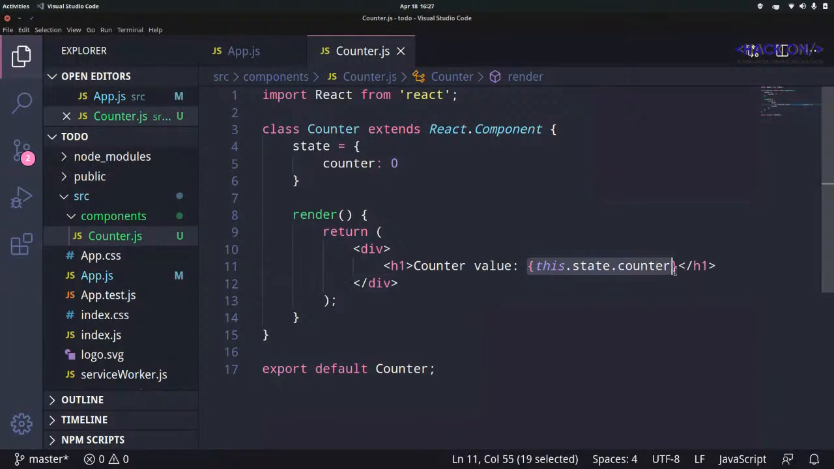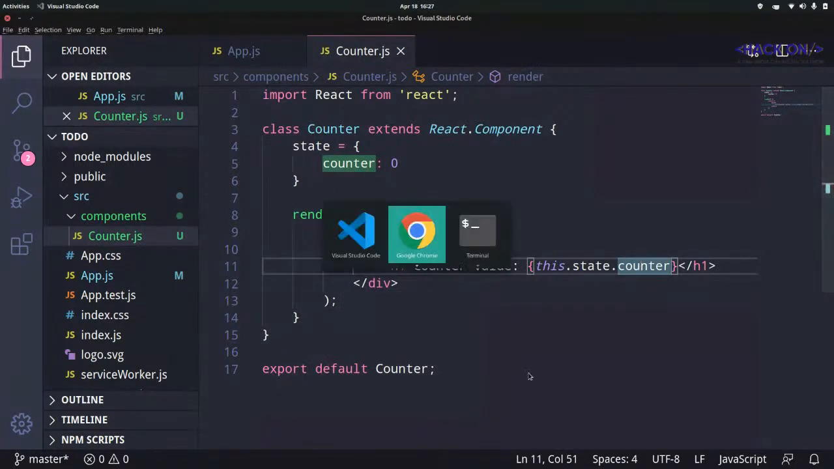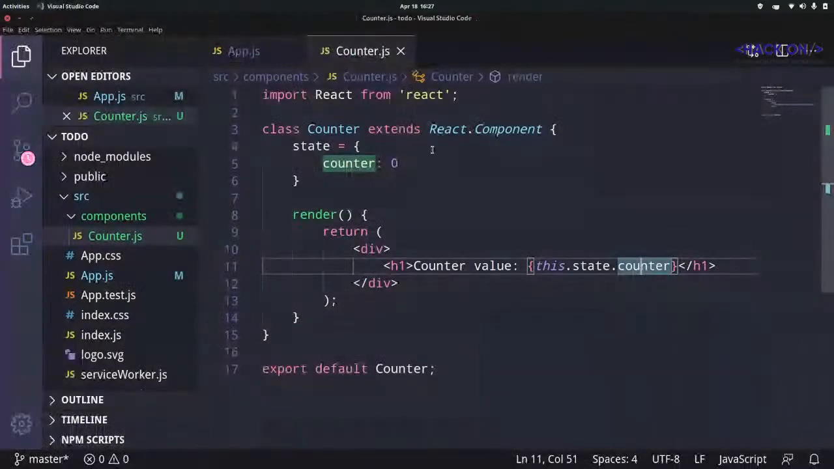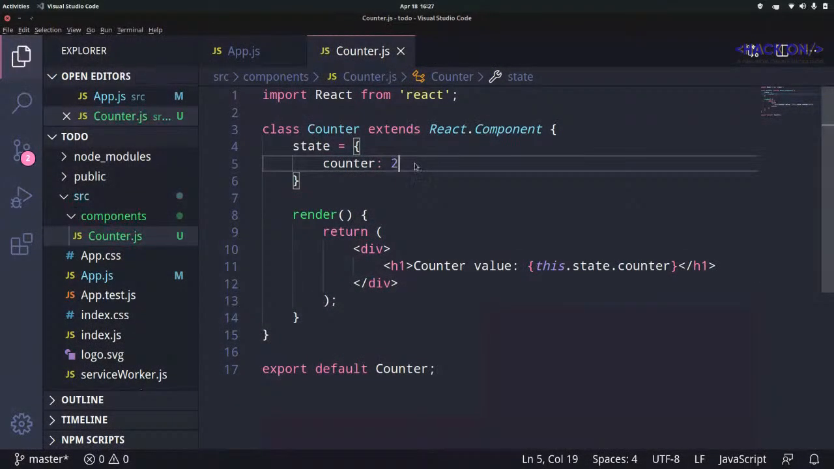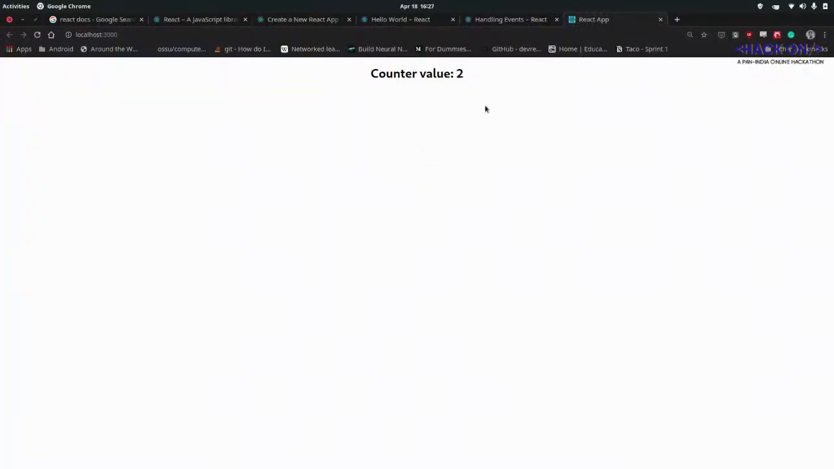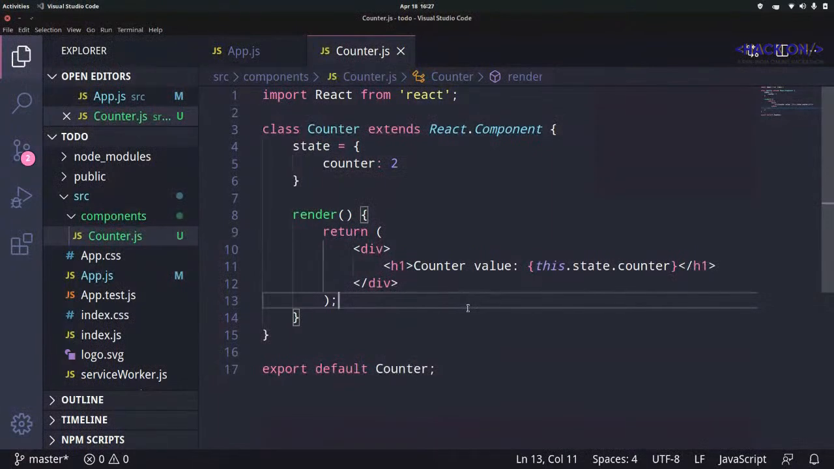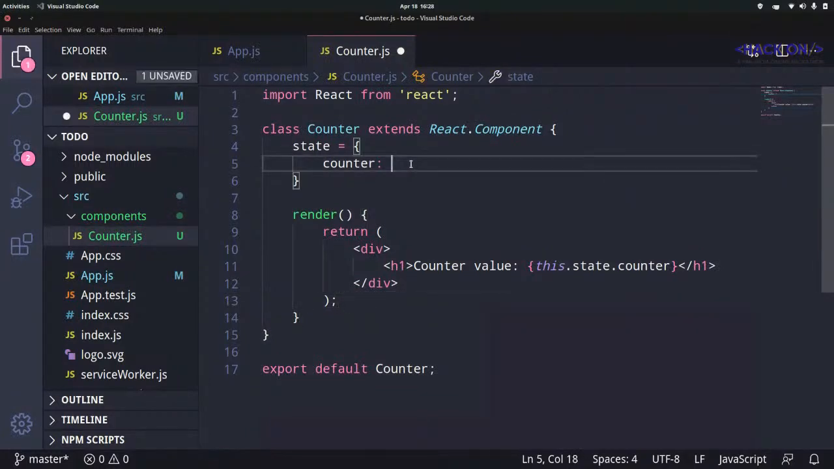So whatever's inside of these braces is first evaluated and then displayed. So we have this.state.counter. So we are fetching the value of counter from our current state. And as we can see, the value is right now 0. If I change this value to 2 over here, the value gets updated to 2. But this is just not good enough, right? We are not going to change our code every time we want a button to update the value of counter. So let's just move it back to 0